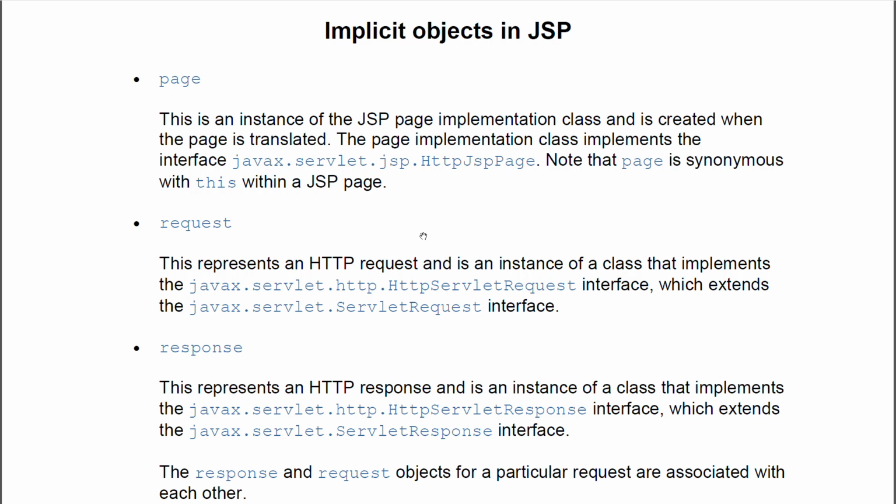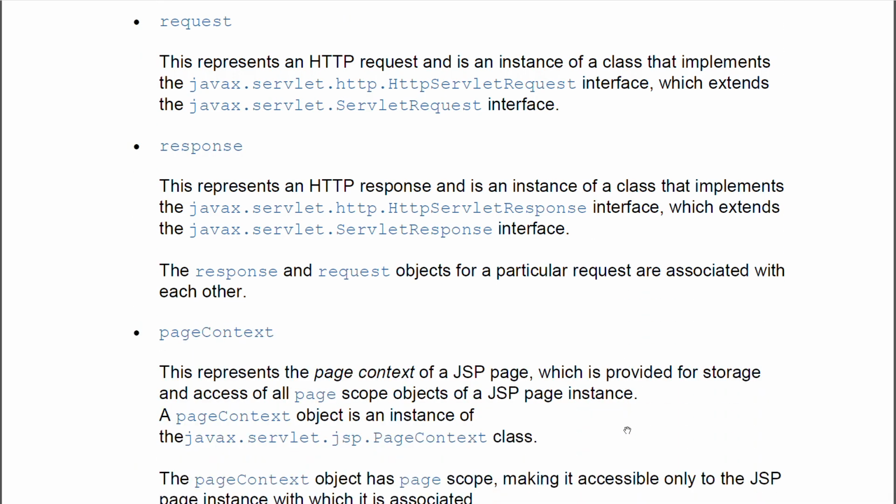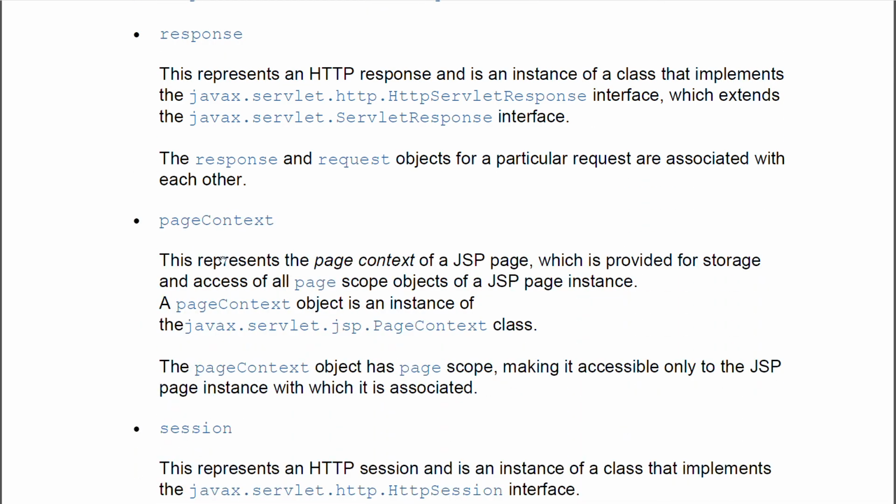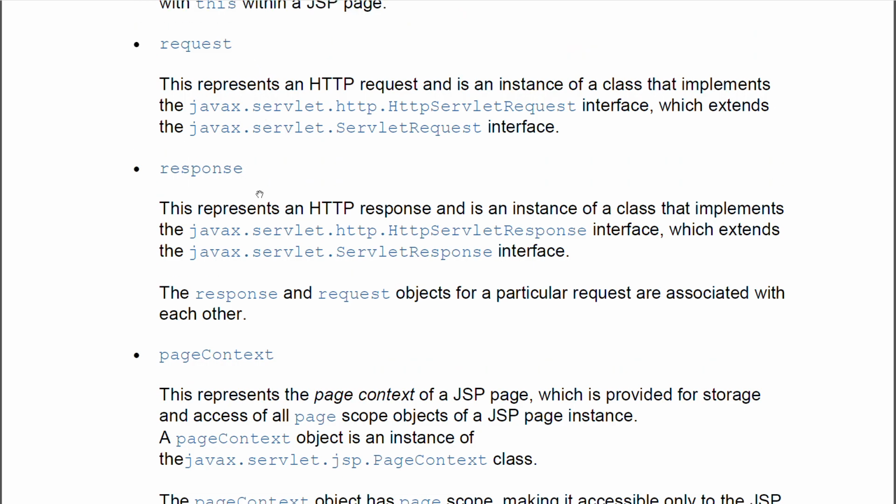Next, we have response, which will represent the response that we are writing to, and we will be sending back to the client who had sent the request. It is of type HttpServletResponse, which is extended from the ServletResponse interface. These two, request and response, are the objects which are being passed to the JSP service method.